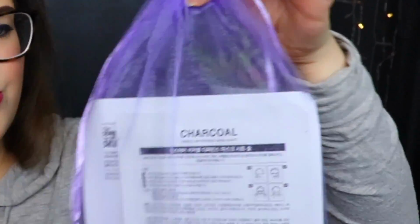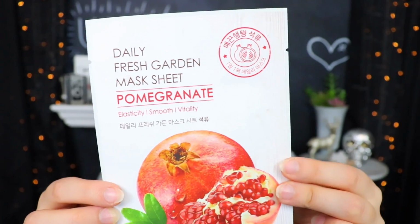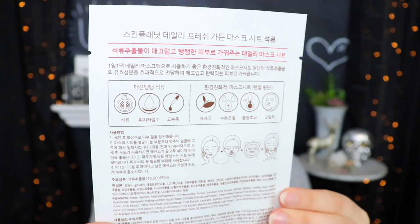Inside here we have all of the masks, but I don't want to ruin any surprises, so let's go ahead and pull out the little stack here. Oh, how cute! It comes in a little sheer purple drawstring bag, very adorable. And then we have a big old honkin' stack of masks. So the very first thing we see is pomegranate, like they said. This is the Daily Fresh Garden Mask Sheet pomegranate for elasticity, smoothing, and vitality. Next up here we have an